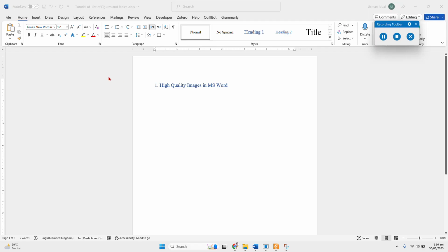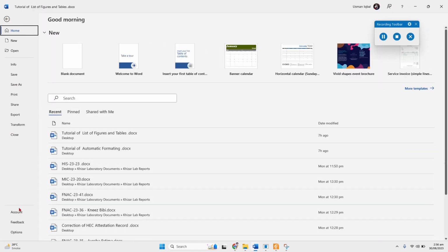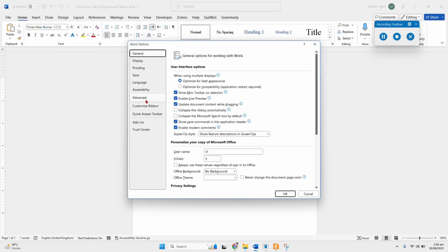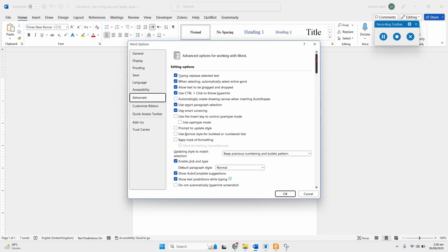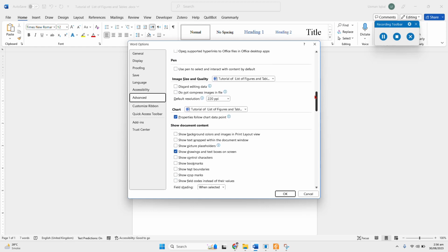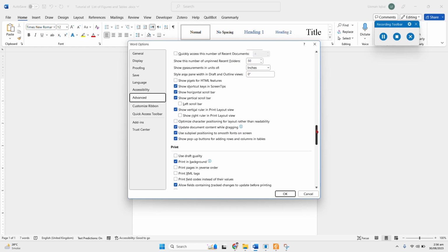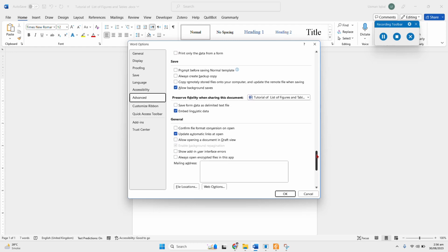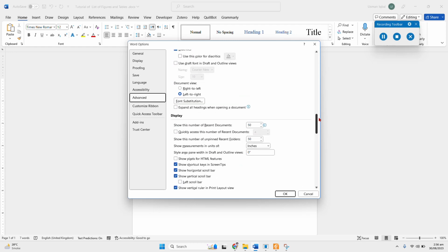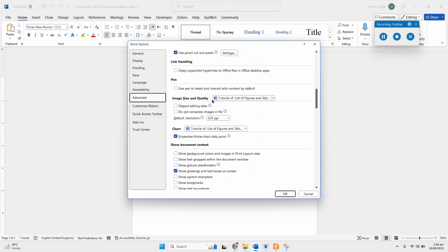In the first step, we will ensure that the image inserted in Microsoft Word is high quality. For this, we will check some settings: options, advanced, and now we'll scroll down to the image settings. Image size and quality. So we will select high fidelity image instead of low resolution, and we will select the